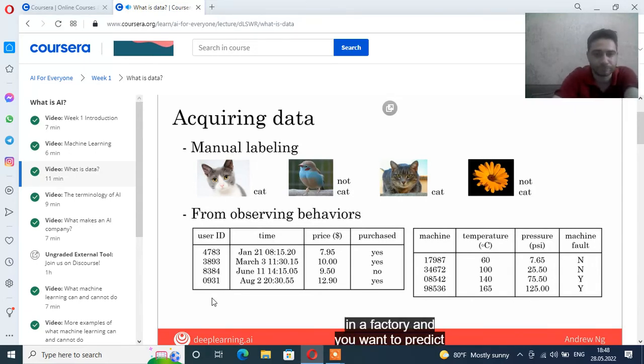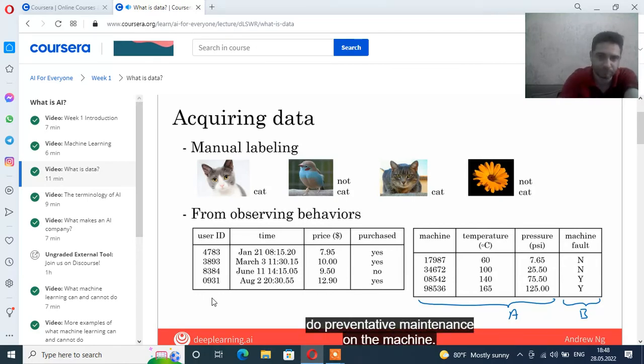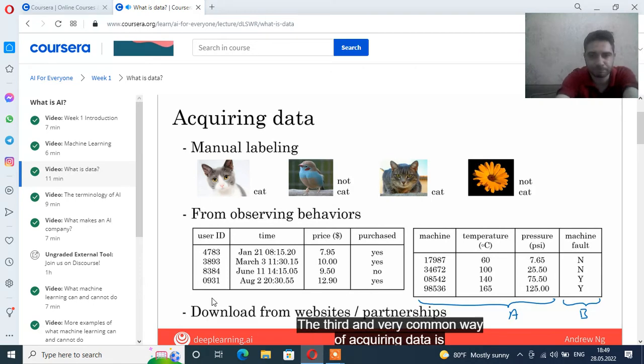Large machine in a factory and you want to predict if a machine is about to fail or have a fault, then just by observing the behavior of a machine, you can then record a data set like this. There's a machine ID, there's the temperature of the machine, there's a pressure within the machine, and then did the machine fail or not? And if your application prevents the maintenance, say you want to figure out if a machine is about to fail, then you could, for example, choose this as the input A and choose that as the output B to try to figure out if the machine is about to fail, in which case you might do maintenance, preventative maintenance on the machine. The third and very common way of